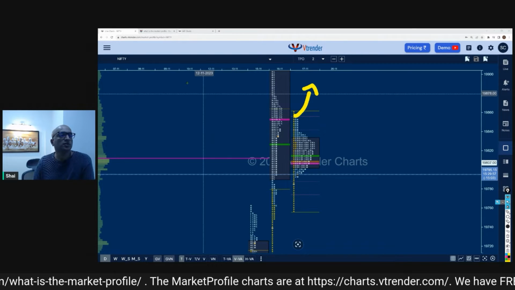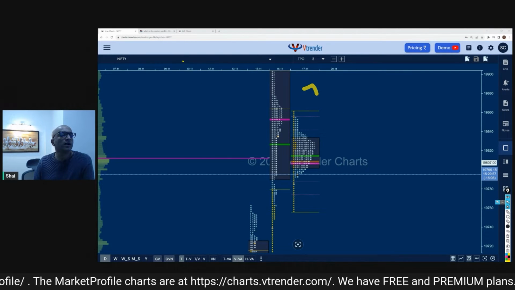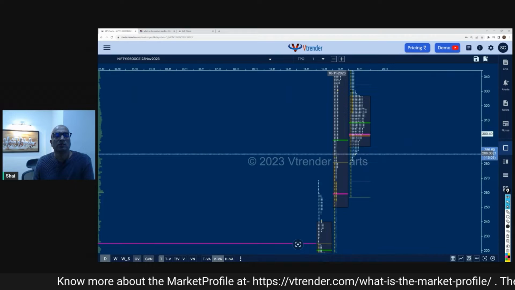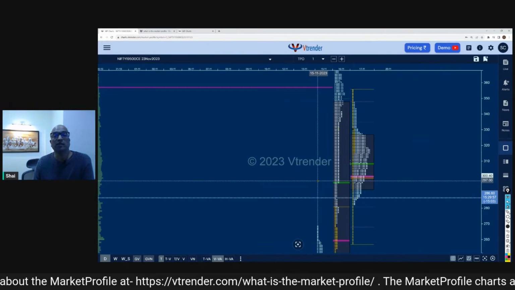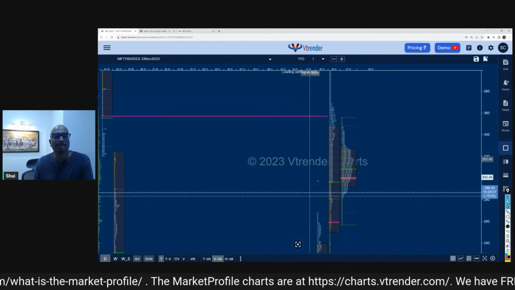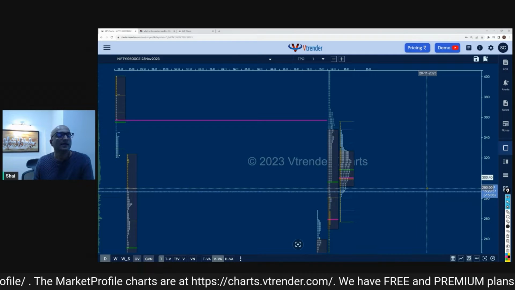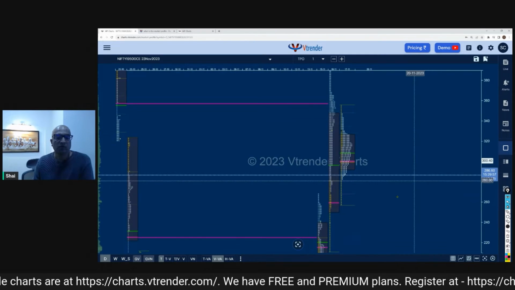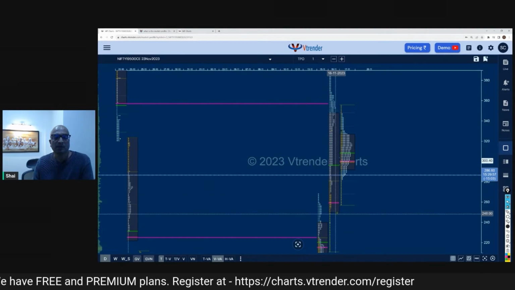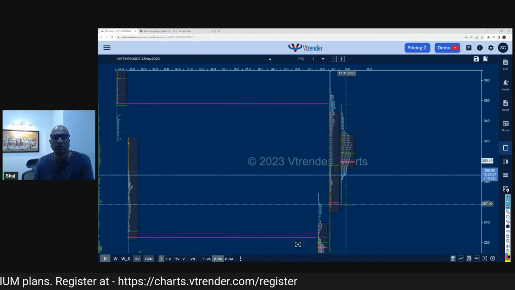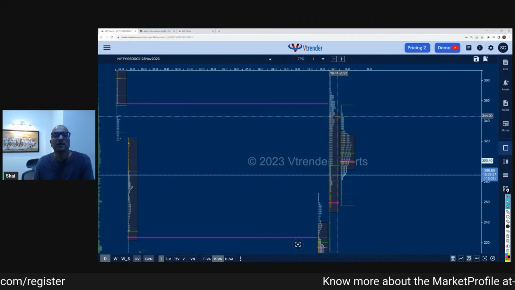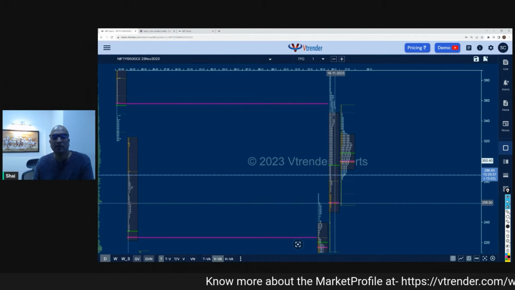Now, how is this information useful? This is extremely useful for us when we are trading the 19,500 CE chart. Of course, the volume in the options market, like I've been saying, is a lot higher than the volume in the futures market. This is the 19,500 CE of today. So this is the POC of yesterday, around 258. This is the 23rd November. And you can see this market stopped right here at 257, and it went further up, right? So this again becomes a critical point for us.